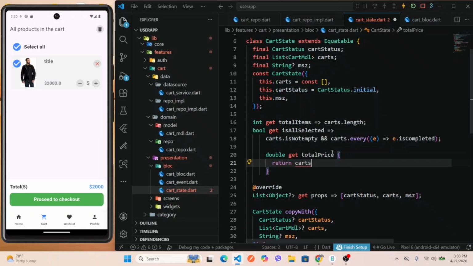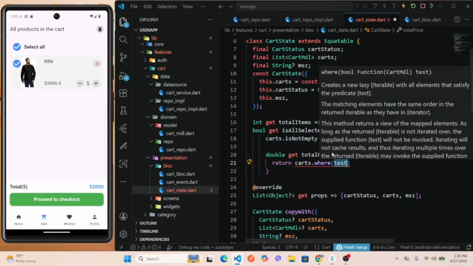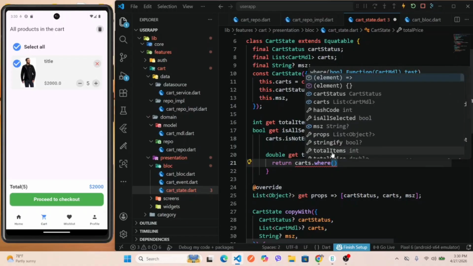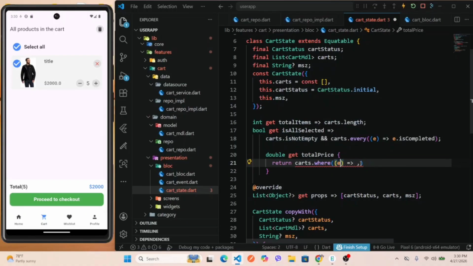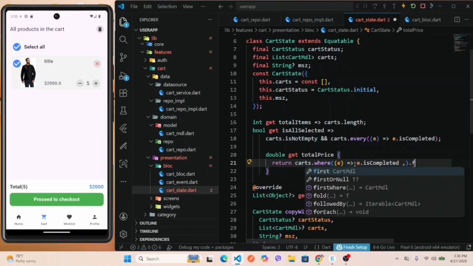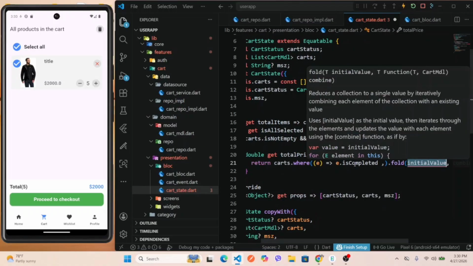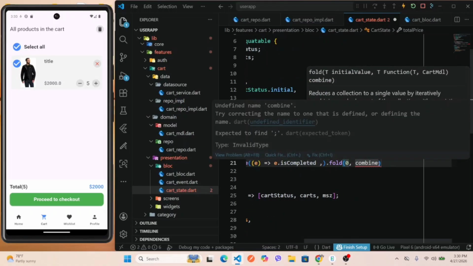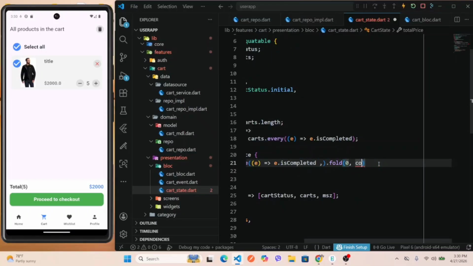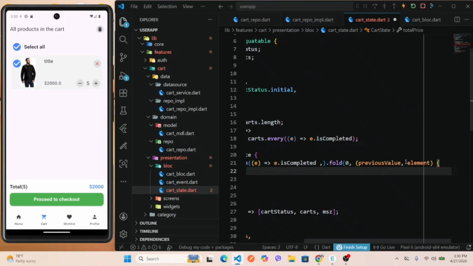From these carts, write the condition where, that condition if e is selected, then we fold it, keep the initial value 0, and let's change this to previous value to sum, and this one to e